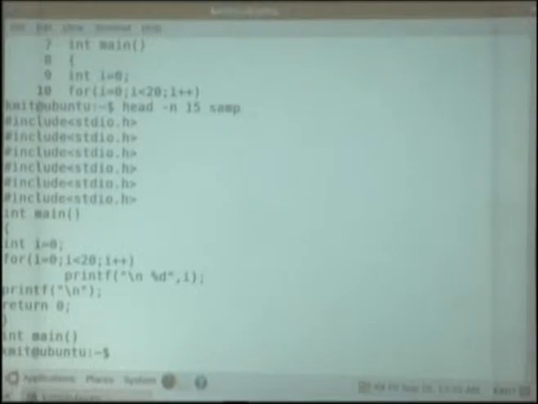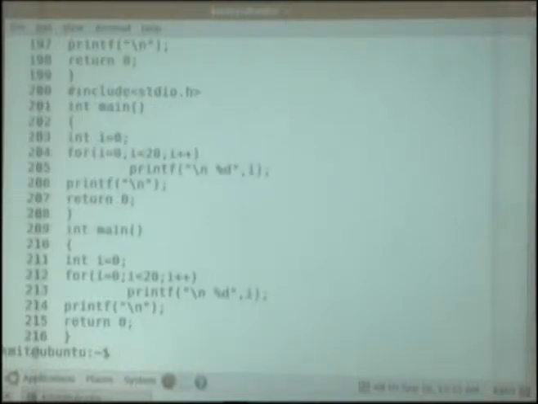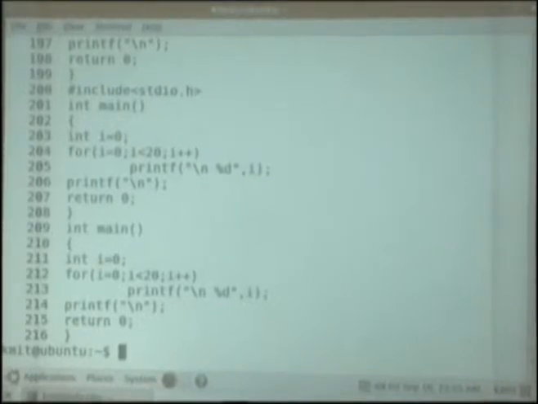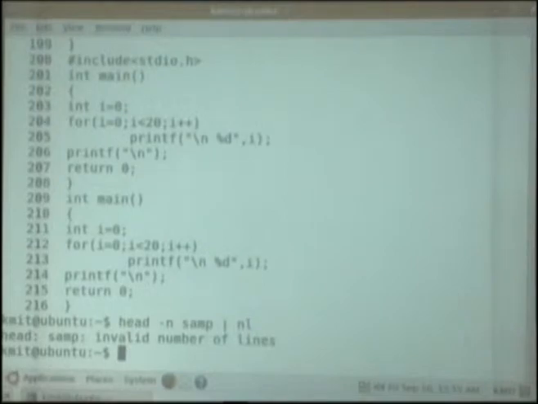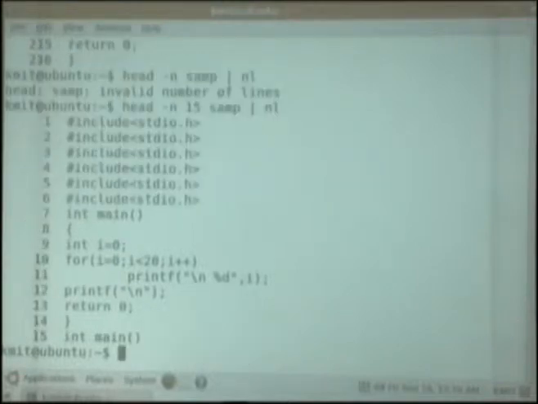To verify whether it is really giving 15 lines, we'll modify this command: head option n 15 samp, and I'll pipe the output of this command as input to nl, which gives me the line numbers. So it has given me 15 lines from the top.